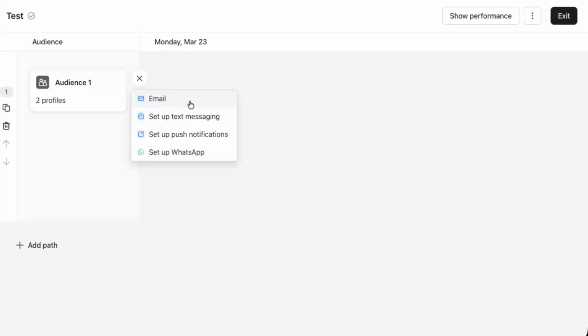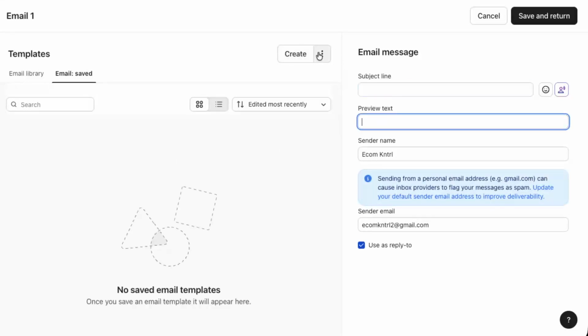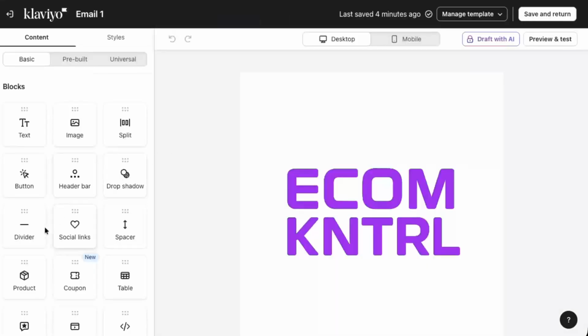Now it's time to build the actual email. Click on Add Message, then choose Email as the channel. Klaviyo will prompt you to set up the content, so click on Create to open the email editor. Inside the editor, you'll see different content blocks you can drag into your email. Find the block labeled Product, then click and drag it into your email layout where you want the products to